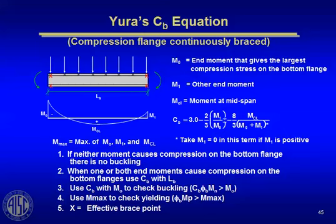This is the one where, again, you have a continuous beam with moments at the end, at the brace points. The red X's indicate the brace points. And you have a downward load. So you have a beam that has a negative moment at each end and a positive moment in the middle. And so taking your unbraced length, L sub b is the full distance from support to support. You can plug into that other equation there that C sub b is equal to 3.0 minus 2/3 and so on there on the slide,